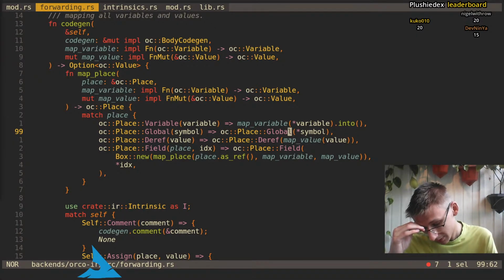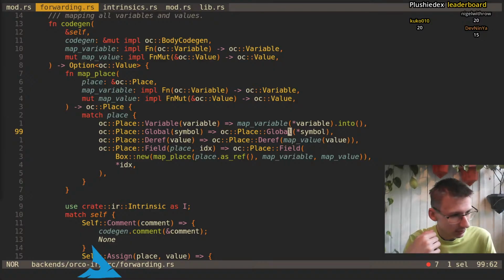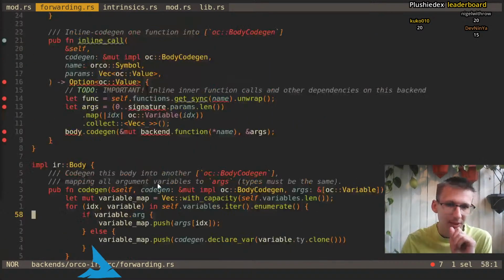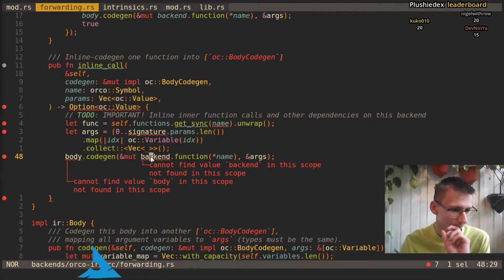Because you can have a reference to a function, which means while you're codegening, you might need to clone a function over to the other thing. And well, that's an issue. So it's gonna be next to impossible. Because sometimes you must